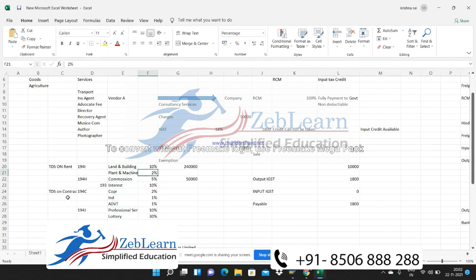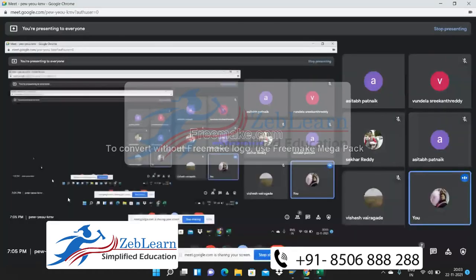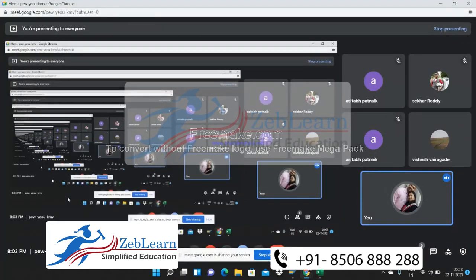Just go through the exceptions, if we are leaving behind any exception, so that on that basis we are going to configure the system and then post the transaction. So tomorrow we are going to do the configuration part and then the posting part with respect to withholding taxes. Okay, so today we are going to close. Any doubt on whatever we did today with respect to tax, GST, RCM, non-convertible and tax cash discount? Any doubt?